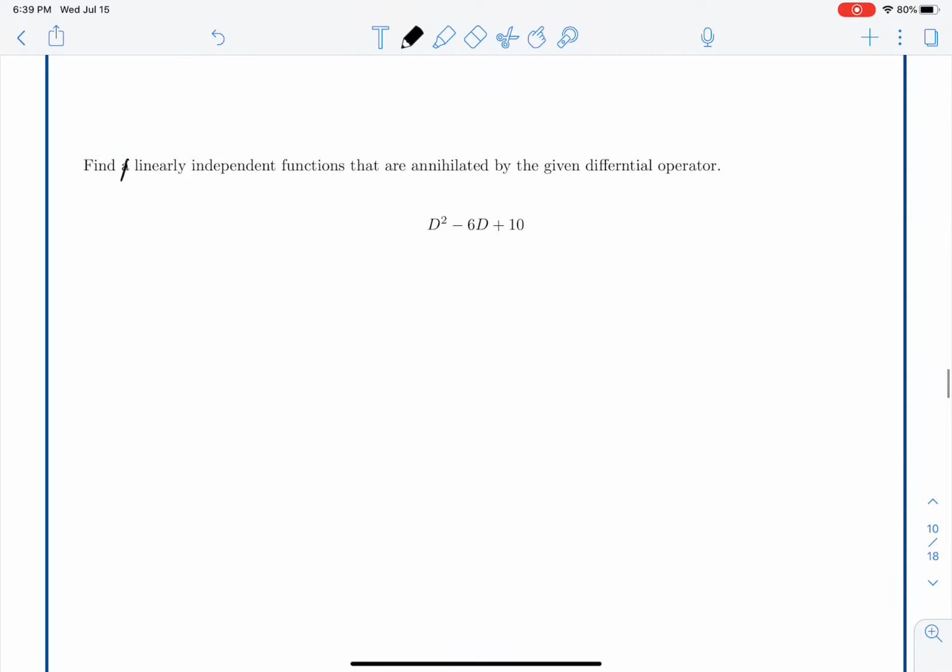So now we have d squared minus 6d plus 10. Things aren't obvious just by looking at it. This is where factoring comes into play. So is it possible to factor? Well,